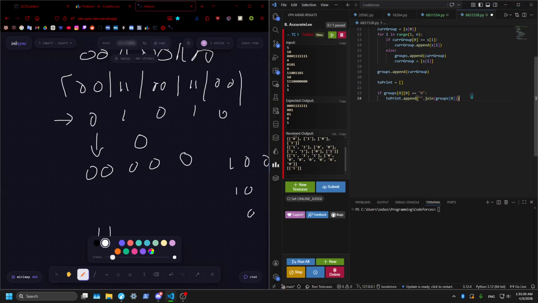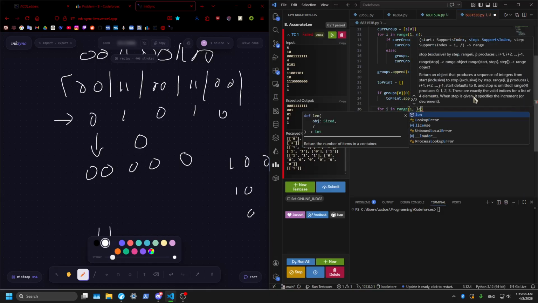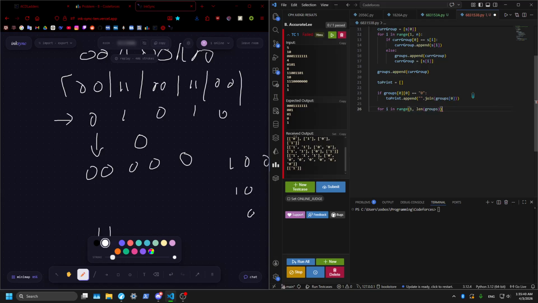So we should have one for loop for I in range from 1 to len groups, right? And then prev equals this. And then we can have this here, here,